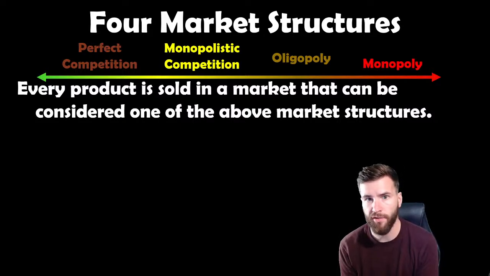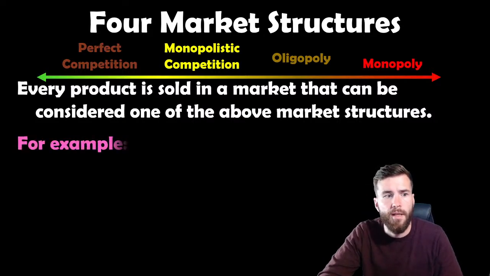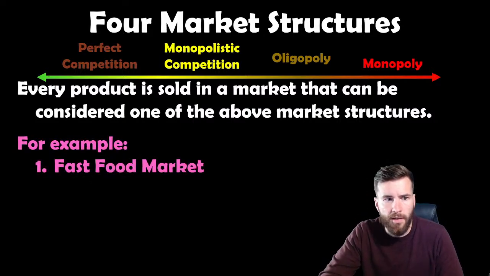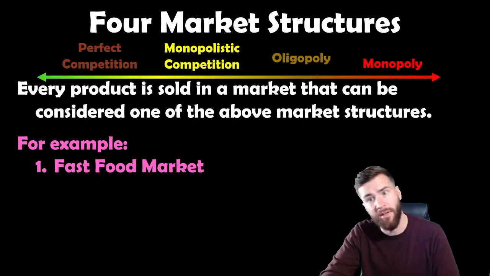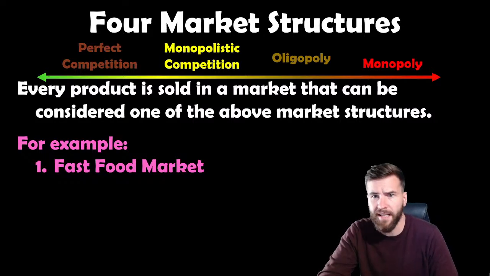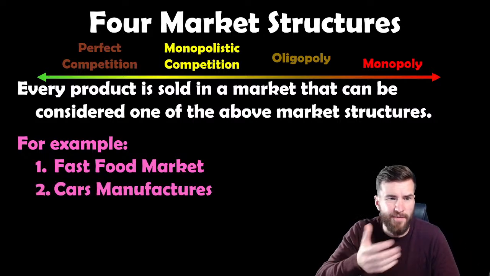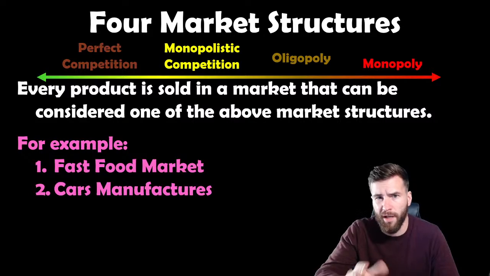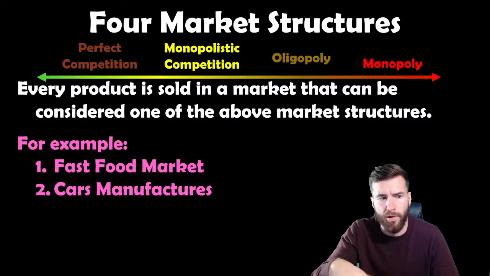That business is in one of these four market structures, the way the market is structured. So again, fast food market. I would say the fast food market is oligopoly, but sometimes monopolistic, and then in some cities it's a monopoly. In some small towns there's like one fast food restaurant, it's a McDonald's. So it kind of depends on region or local. But in general, nationwide, I would say the fast food market is pretty much oligopoly. It's only owned by a few firms, or a few firms dominate: Taco Bell, McDonald's, Burger King, so forth.